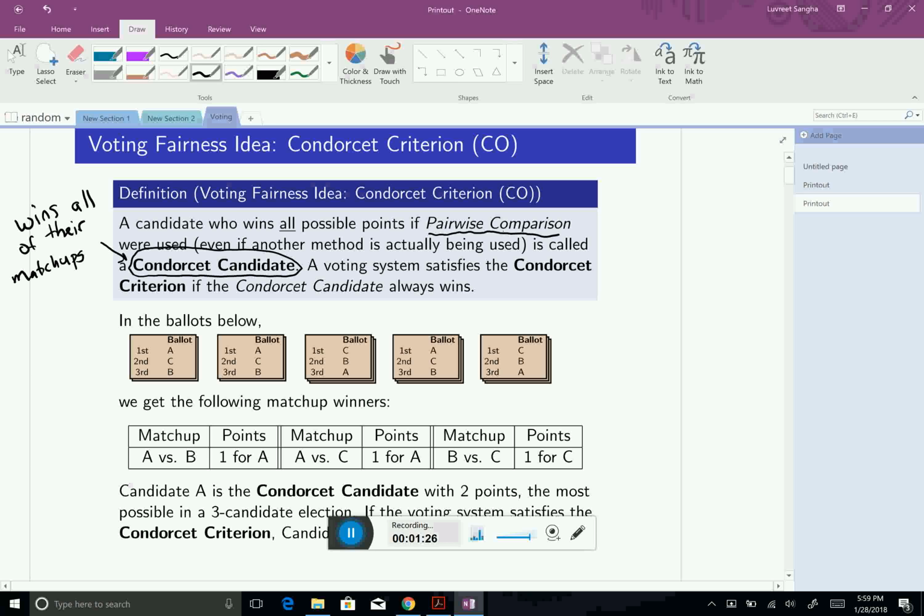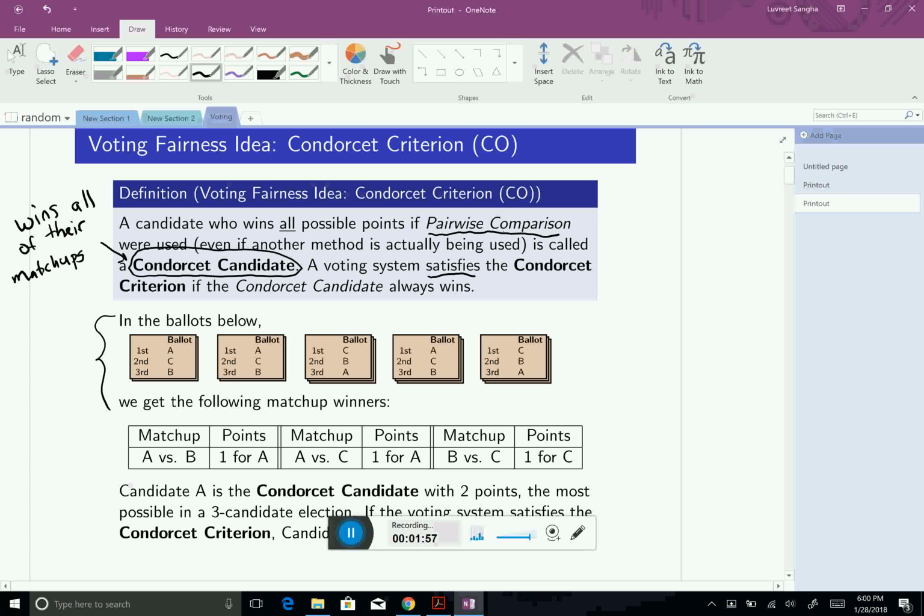Okay, so what the Condorcet criterion says is that a voting method satisfies the Condorcet criterion if a Condorcet candidate always wins. So there may or may not always be a Condorcet candidate, but if there is one and the voting method satisfies the Condorcet criterion, that Condorcet candidate has to win. So for example, if we look at these ballots here,